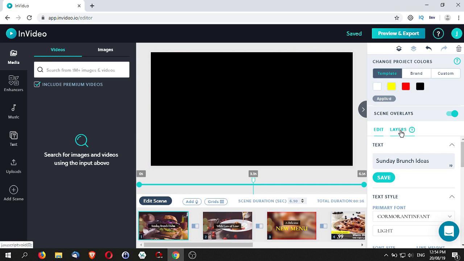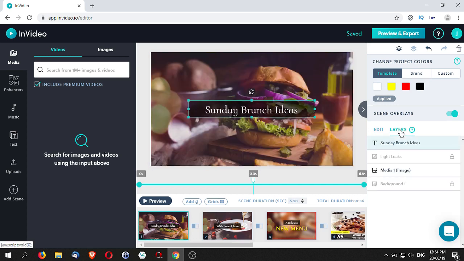Okay, and let's just show you the layers. So there are several layers in this video clip here. One is of course the text layer, and then there is a media image. So the media is actually the image of the burger, and there's also a background. So here there are locks. So if you want to make some changes, you can unlock it and then make that change. Okay,